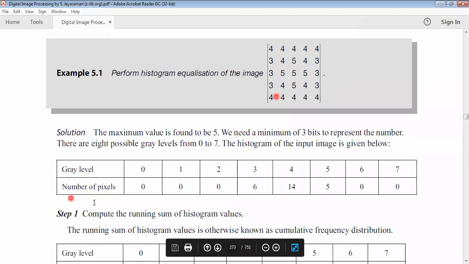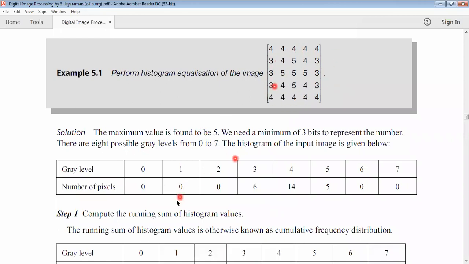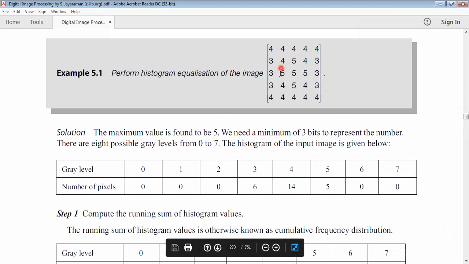So the number of pixels in that image is 0. One gray level value, one intensity value? No, sir. 0. 2? 0, sir. 3: how many are there? 6. 4: 14, sir. 5: 5. 6: 0, sir. 7: 0. This table is actually the histogram table. Understood? Histogram means, for each pixel intensity or gray level,